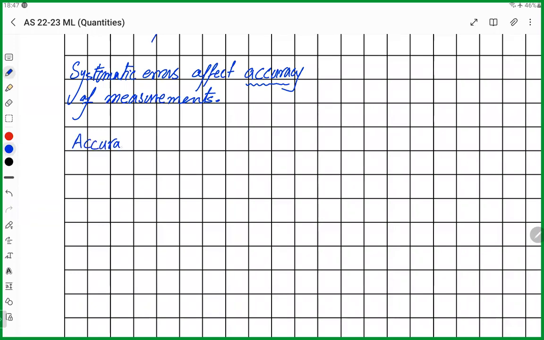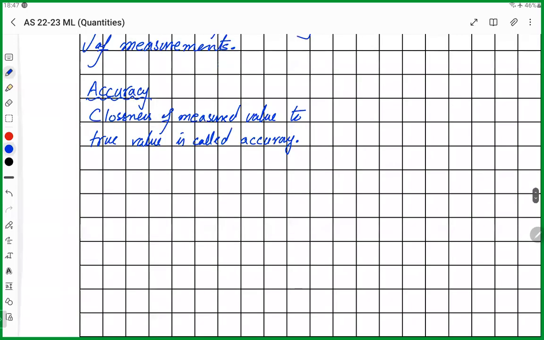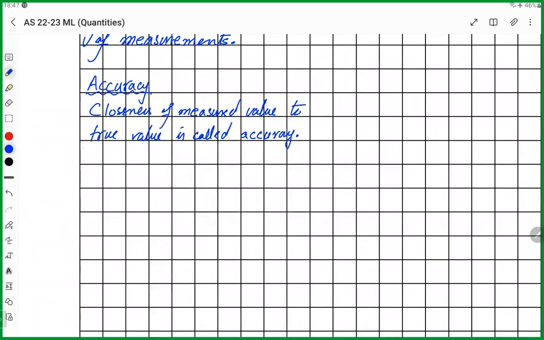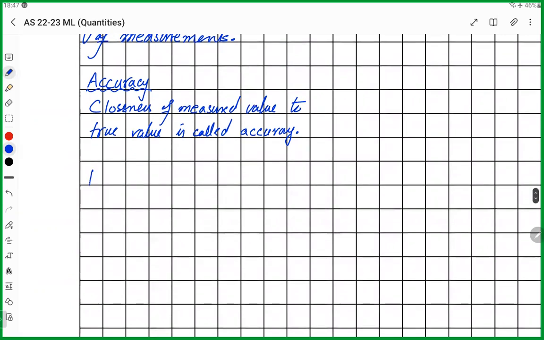Accuracy is defined as closeness of measured value to true value is called accuracy. And now I have used another term, which is true value. What is true value? True value is a value